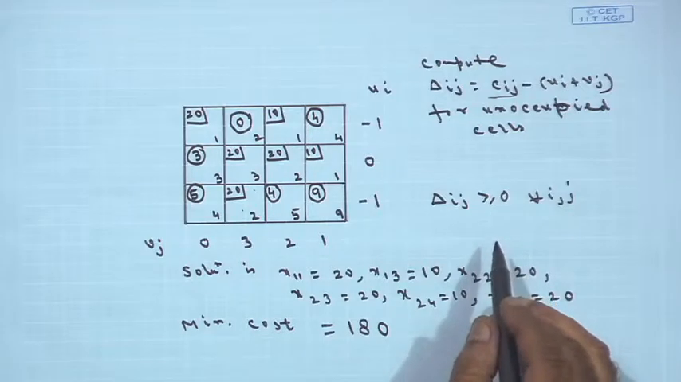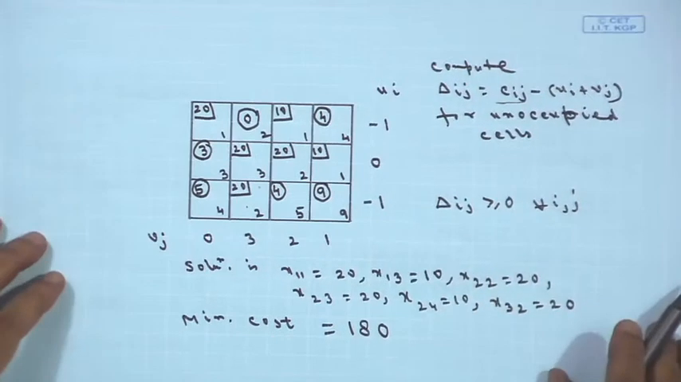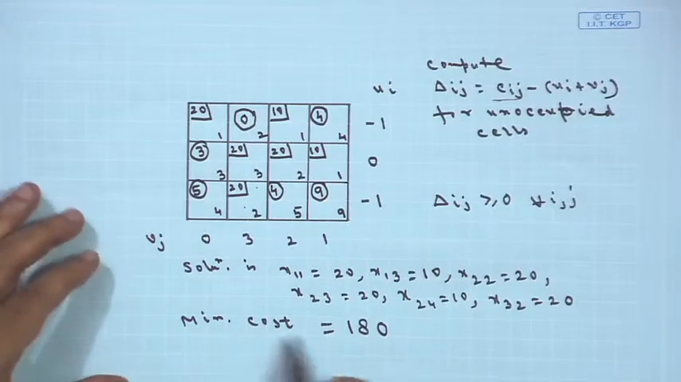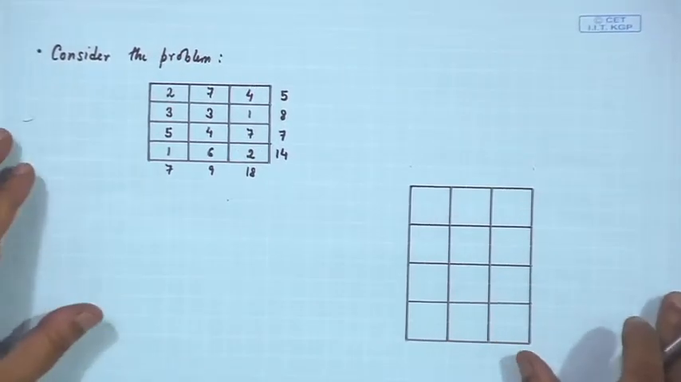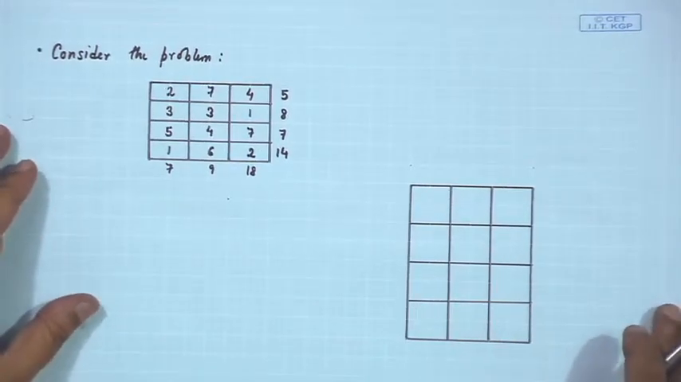Since all are greater than equal to 0, your minimum cost is 180. Now, let us take another problem which we will discuss. For this particular problem,